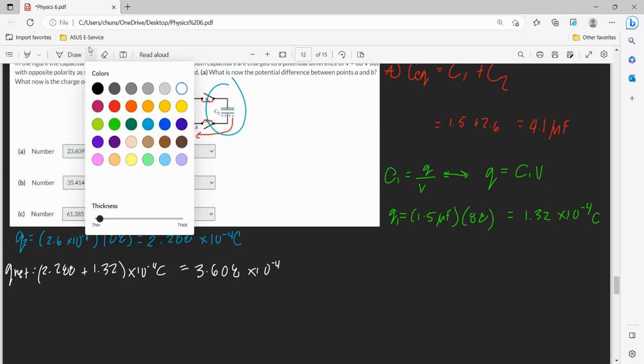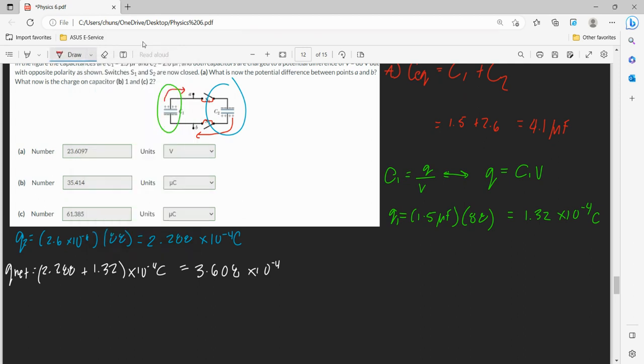So then, if we use the equation C equals Q over V, and we find our net V, which is equal to Q net over our C equivalent, this will give us